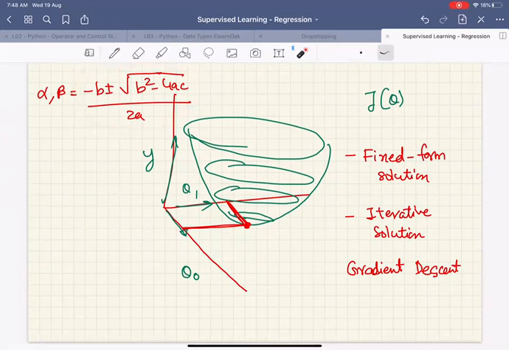That is, if I tell you what are the roots of a cubic equation, then we are stuck because we don't have a fixed form solution for a cubic equation. In fact, some years back, I had seen a paper, but I think those papers take certain assumptions, and only under those assumptions can you find the fixed form solution of a cubic equation. But generally, we don't have a fixed form solution of a cubic equation.